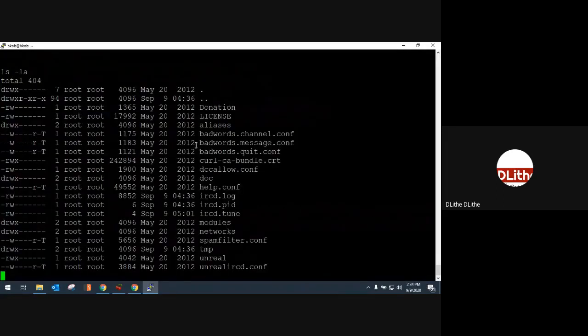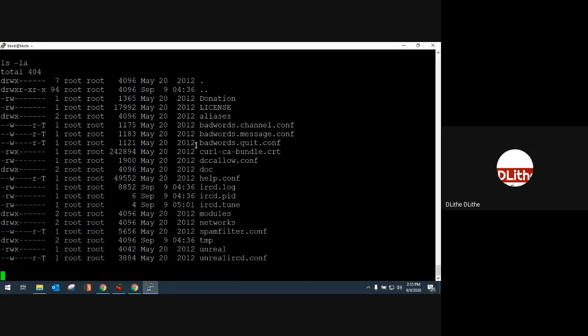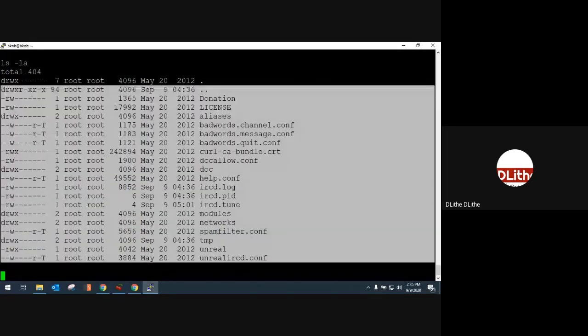For example, ls -la is a command used to list all the current files. Basically, it's just like dir in Windows, which lists the files. So obviously, you'll have to learn the basic commands of Linux. That's up to you. We have to learn a couple of Linux commands and networking information if you want to go into hacking. This is one of the commands that I tried, ls -la, and I'm able to see all the files here.